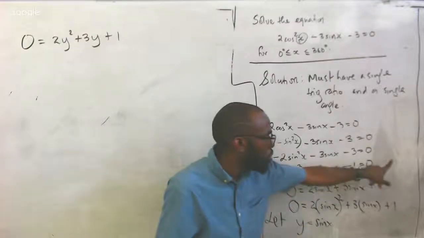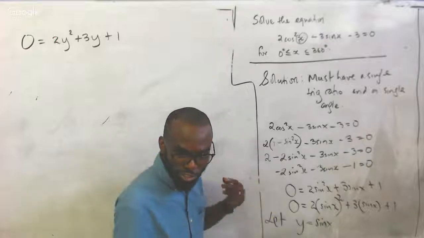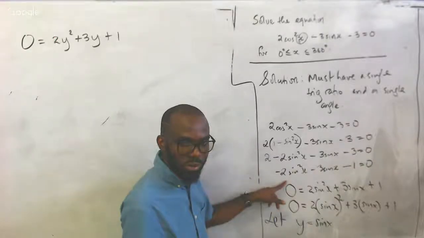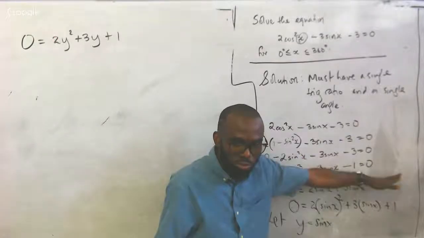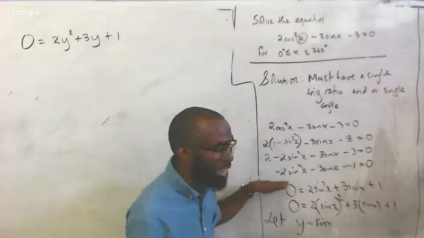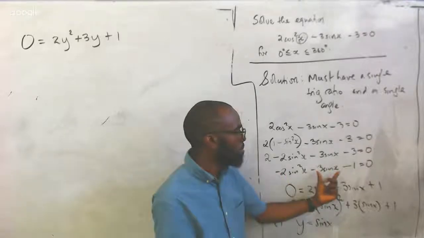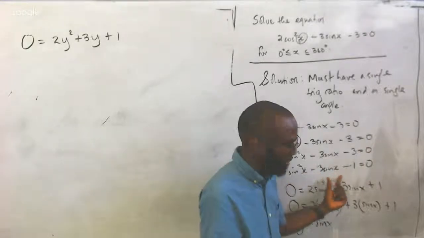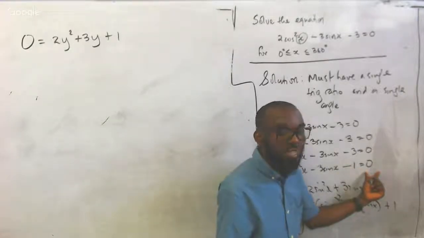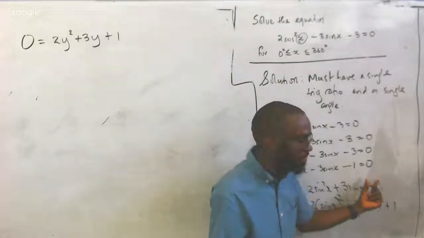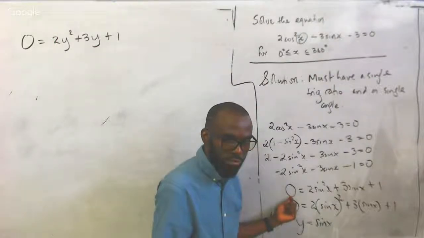No, but I bring everything over as a negative. Remember what I said just now? My preference, and your preference should also be, is that I don't want the term with the highest power to be negative. It's not illegal to bring everything over to one side of the equation, or to multiply the entire equation by -1. So multiply this by -1, that changes to positive. Multiply that by -1, that also changes to positive. Multiply this by -1, it changes to positive. Multiply 0 by negative, it stays 0. So it's not incorrect. That's true?